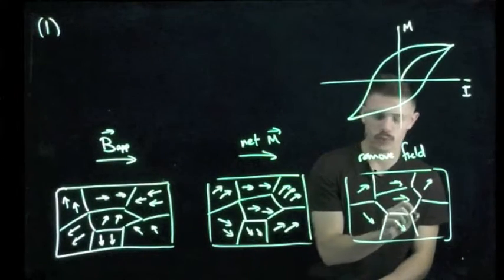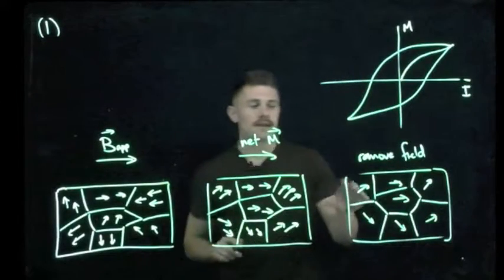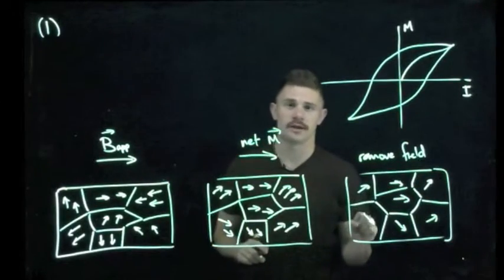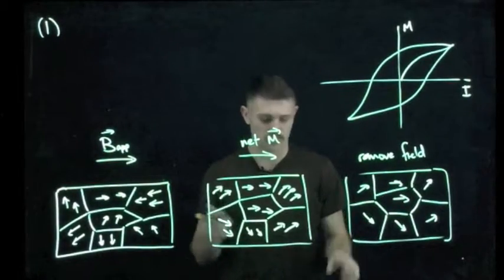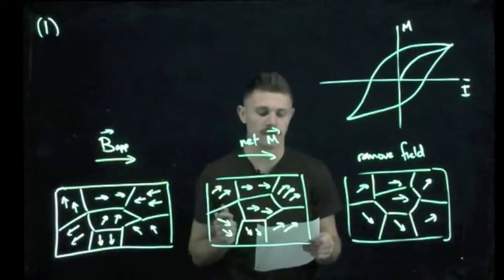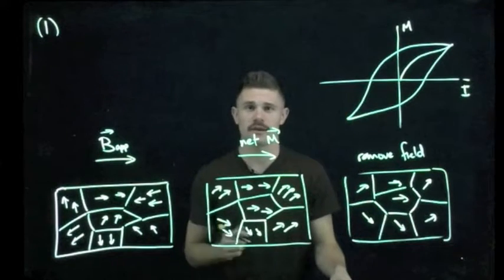But even when we remove that applied field, the magnetization that we have applied to this ferromagnetic material remains the same, and all the domains stay as they are. So in this way, we can answer the question of how magnetic fields can store information in ferromagnetic material, and